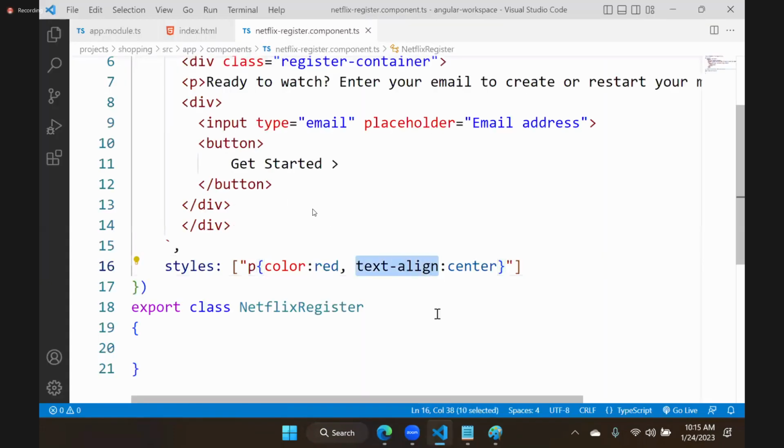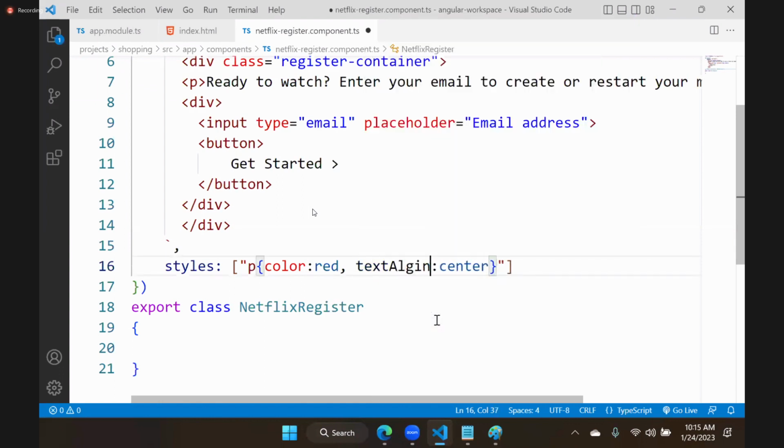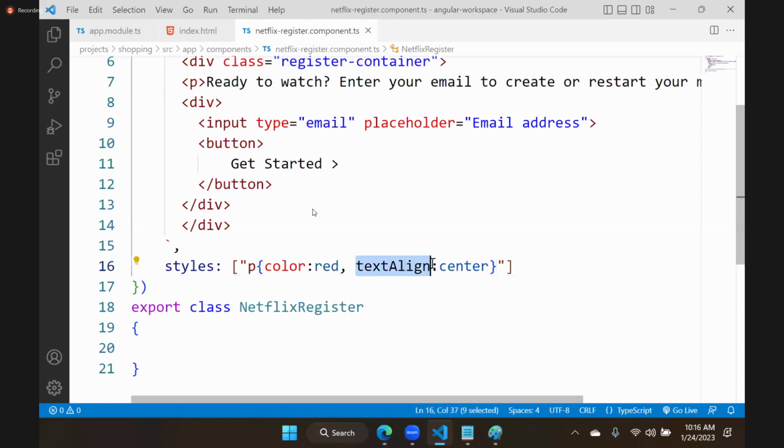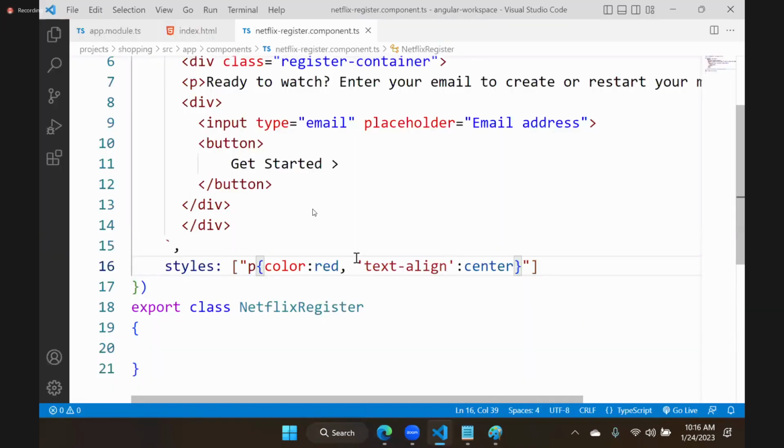Here, text align. What is the problem? No, this should work. Text align. Acha, this is